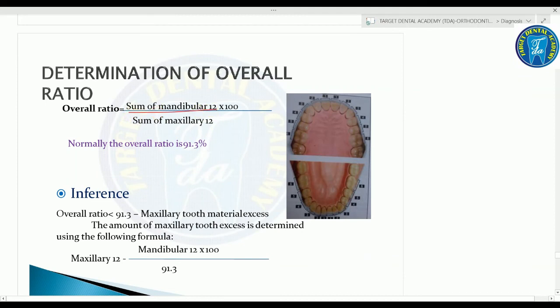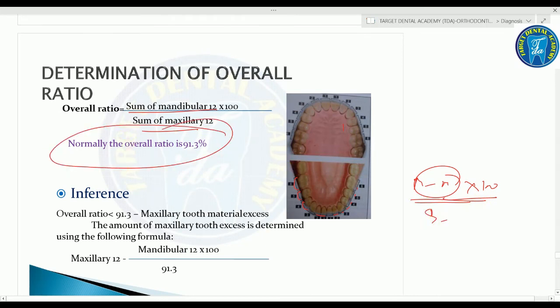So you need to calculate the mesiodistal width of all the teeth from molar to molar: sum of the mandibular 12 into 100, divided by sum of the maxillary 12. The normal ratio, or the overall ratio, is 91.3%. And the inference is, if the overall ratio is less than 91.3%, then